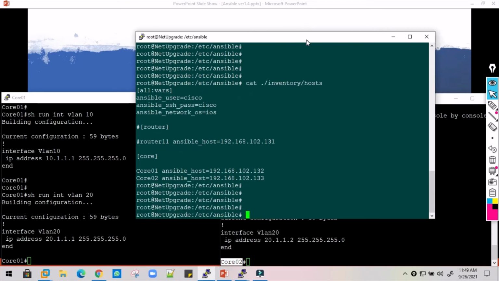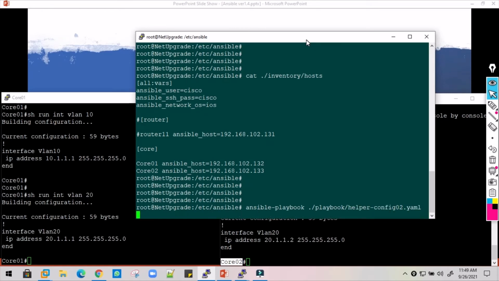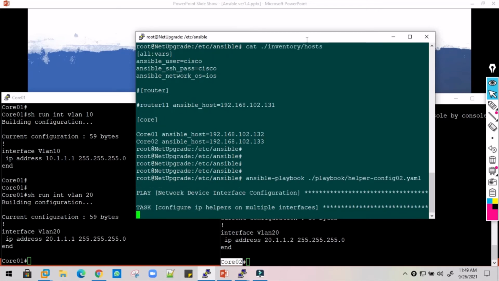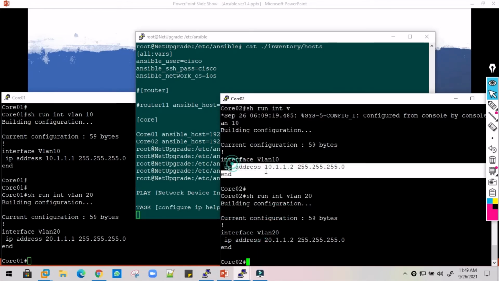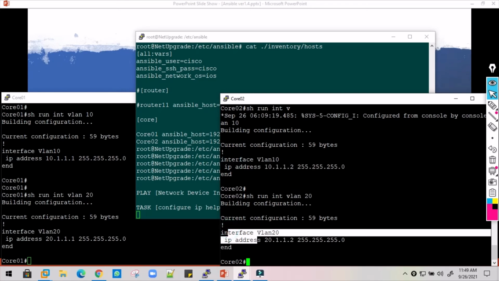Let's start executing now. ansible-playbook is the command to execute the playbook, and the playbook name is helper config 02.yaml. Press enter. We have already validated there is nothing configured under VLAN 10 and VLAN 20.